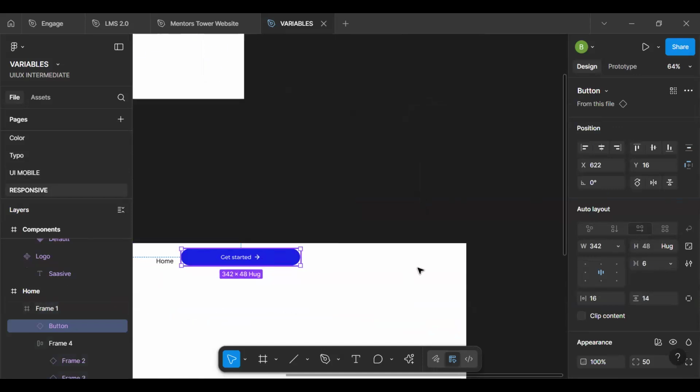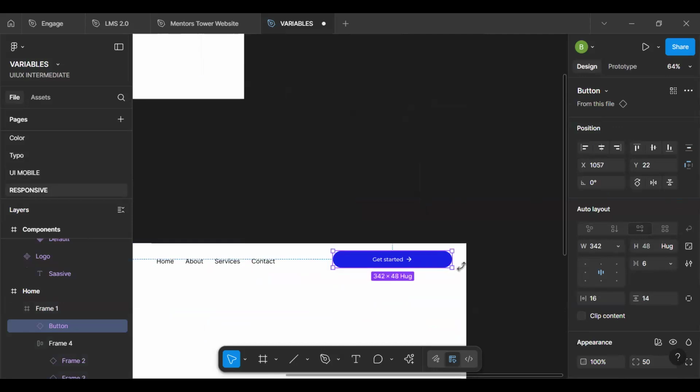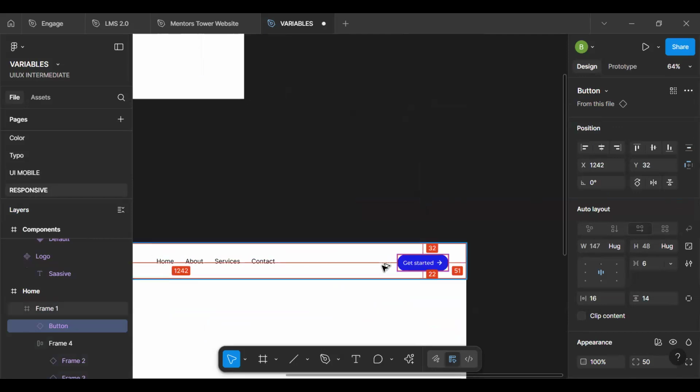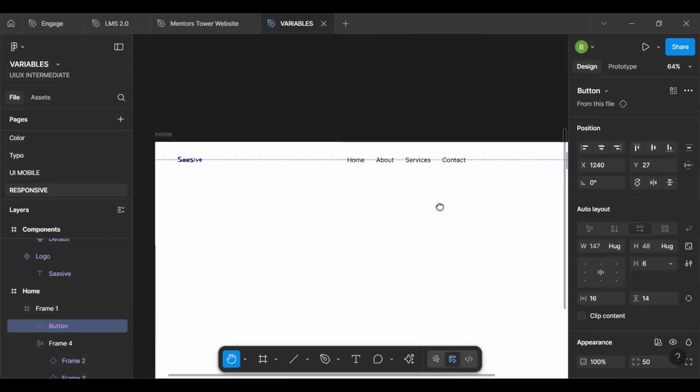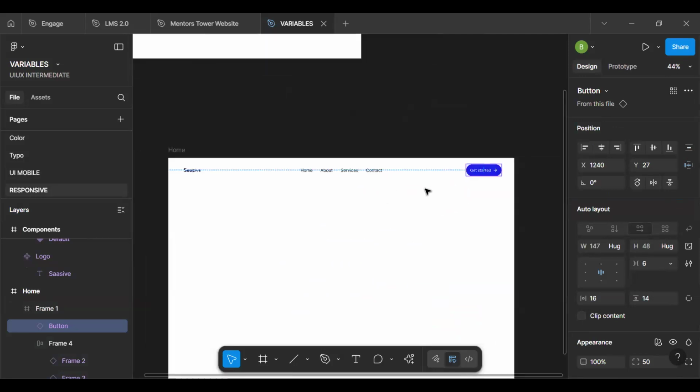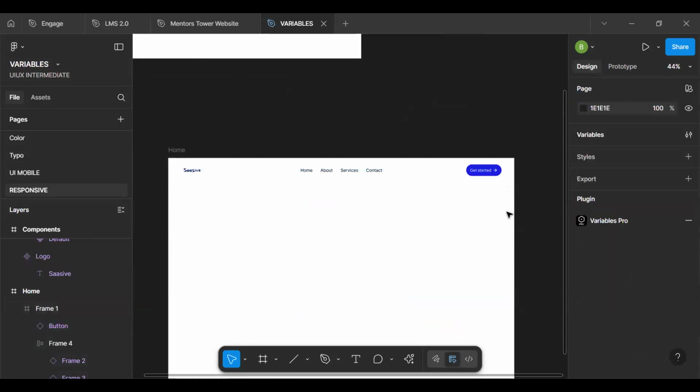Okay, so I need this to be hug content. So then, yep. Okay, so for now, you can see I'm not looking at our margin or padding. For now, I'm just randomly placing it. Okay, so